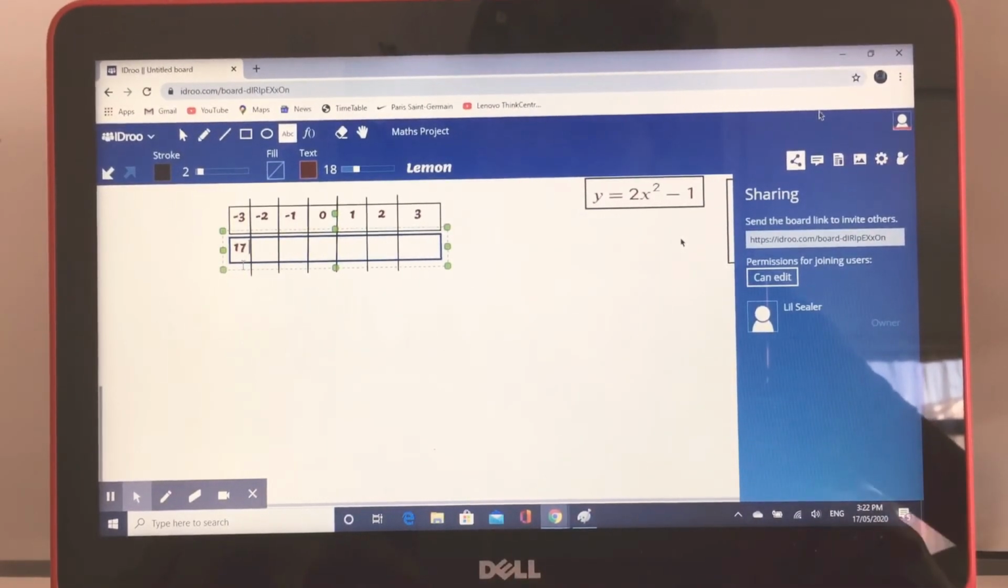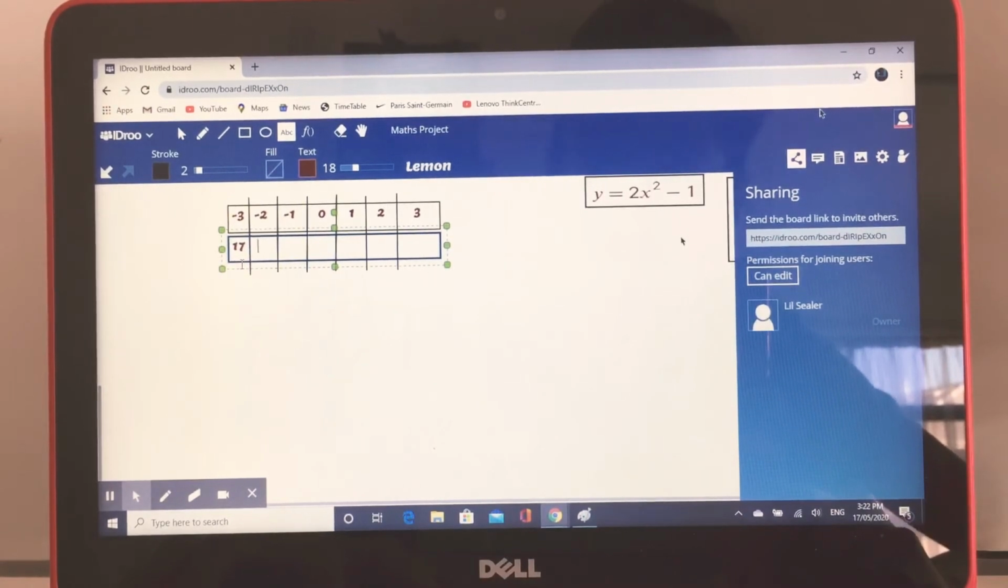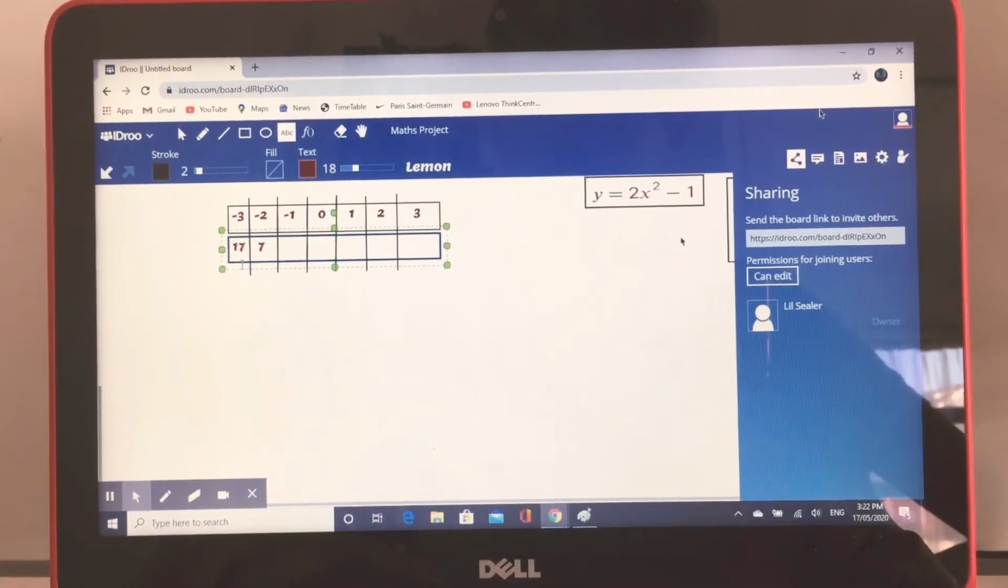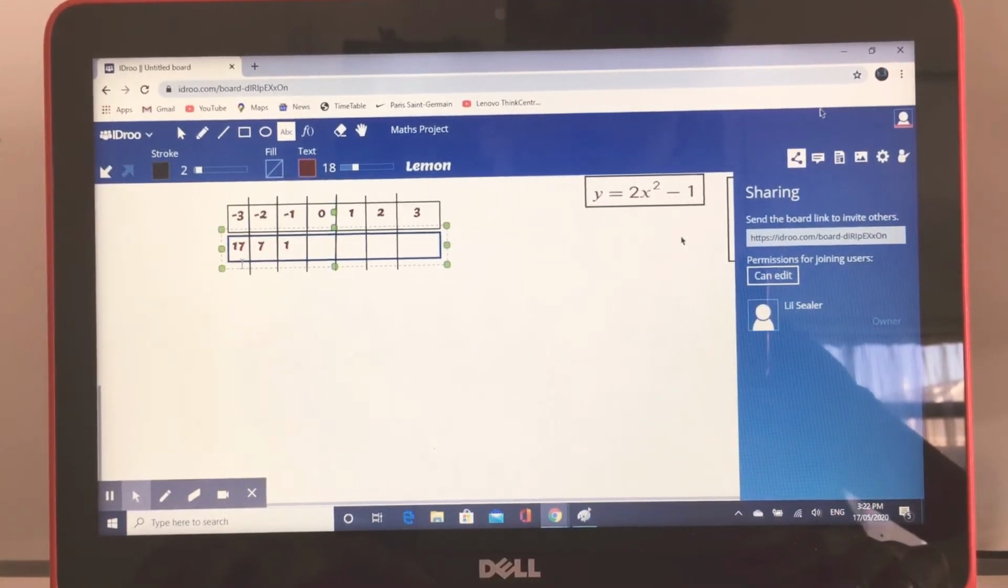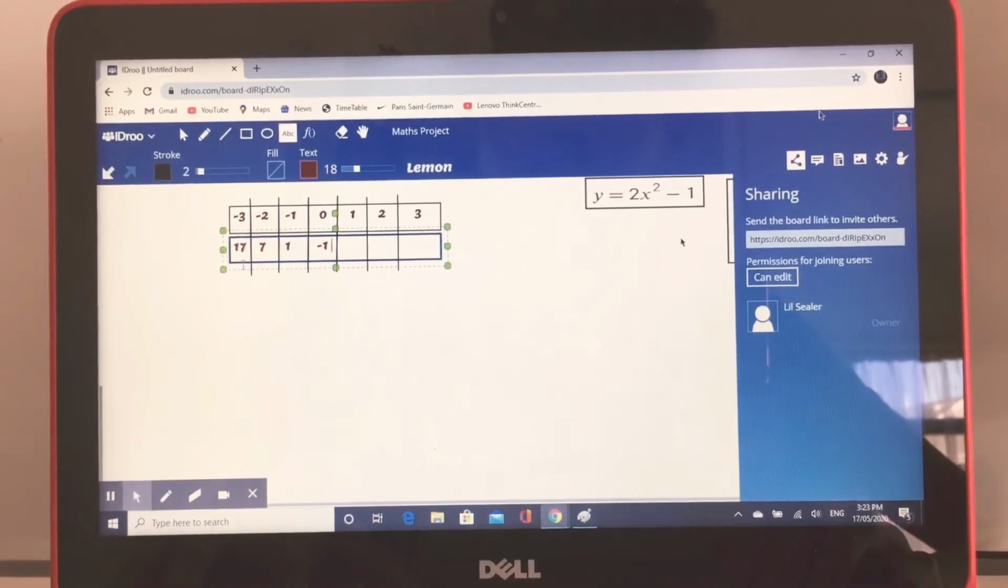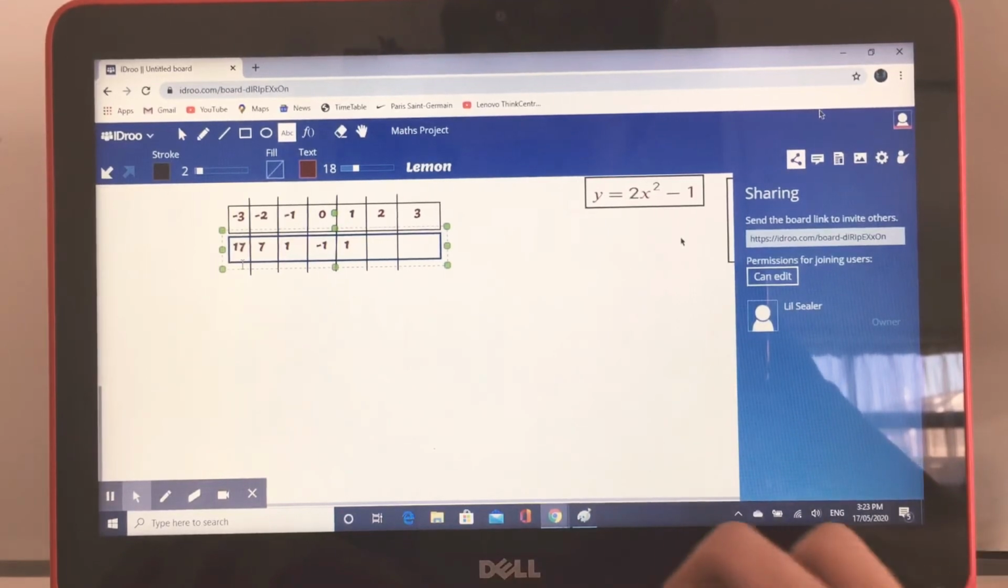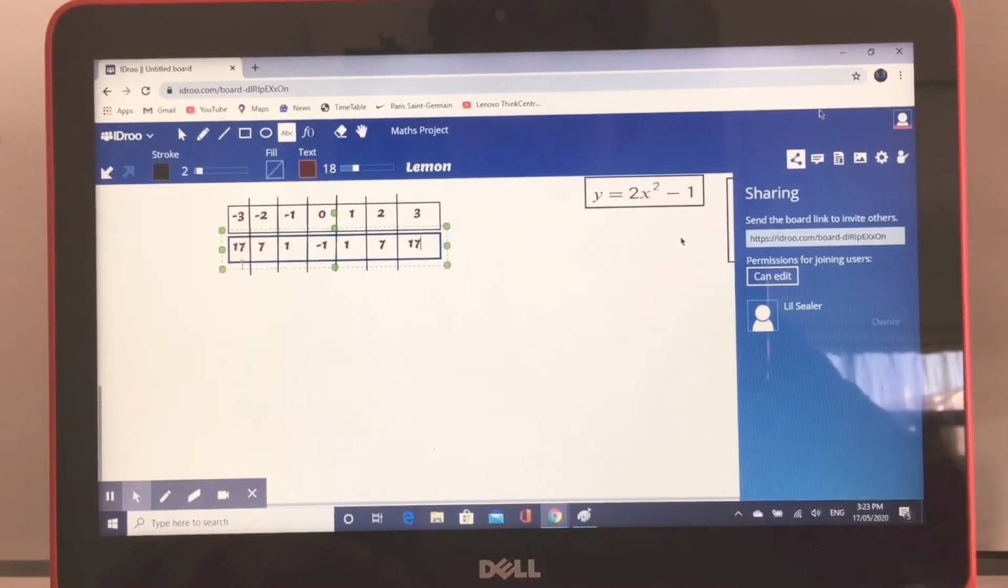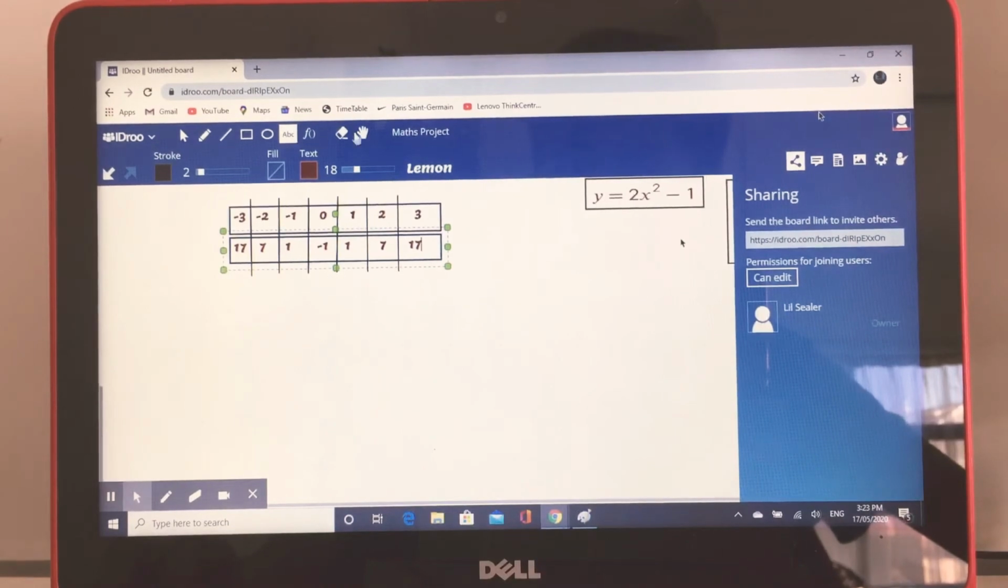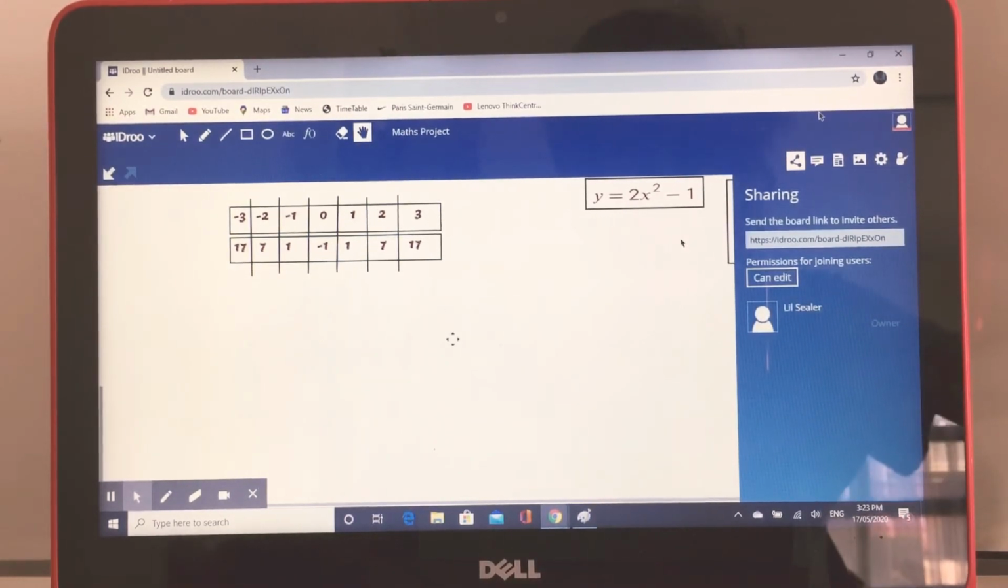would write 17 here. And so you'll continue, so for example negative 2 squared, so that's 4, and 4 times 2, 8, 8 minus 1 is 7. And then negative 1 squared is 1, 1 times 2, so it's 2, minus 1, so it's 1. And then 0 squared is 0, 2 times 0 is 0. 0 minus 1 would be negative 1. And then you'll do again for the same, so 1 again, and it will be 1 again, 2 will be 7 again, and 3 will be 17 again. So keep this in mind